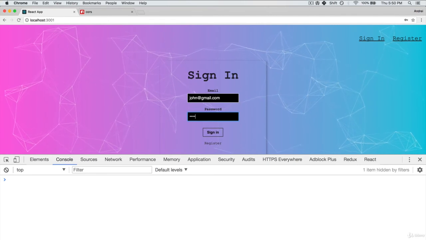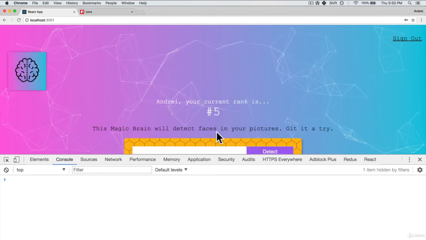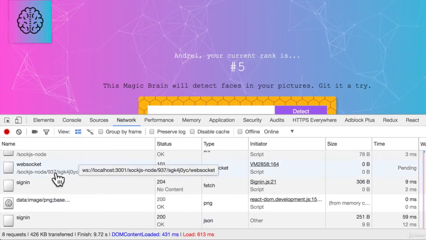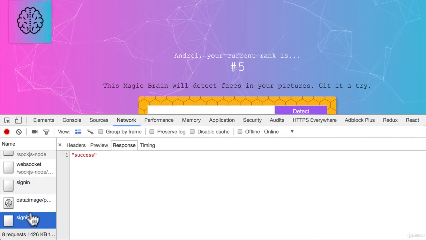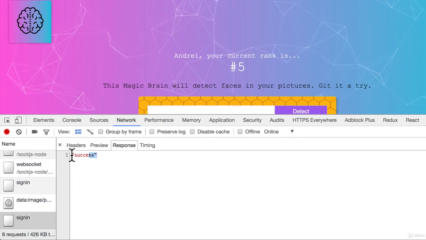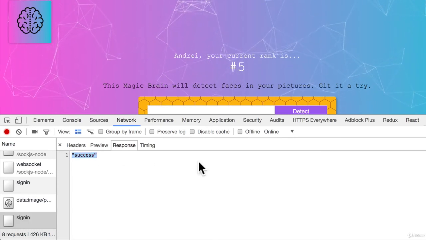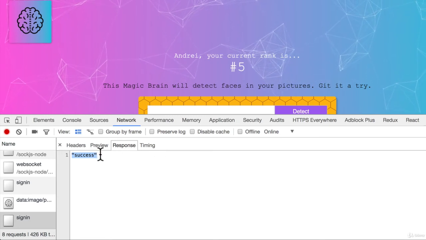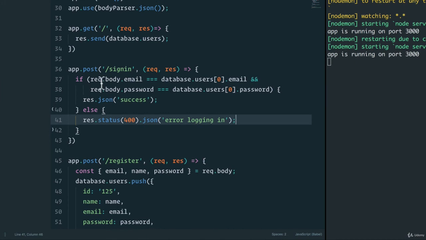john@gmail.com. Cookies, sign in. All right, let's go to our network tab and see what the sign-in route responded with. It said success. So we were able to sign in because, well, we entered John, a user that we have, according to our very simple sign-in form. However, if we want to change this to now say that response status is 400, error logging in, and if